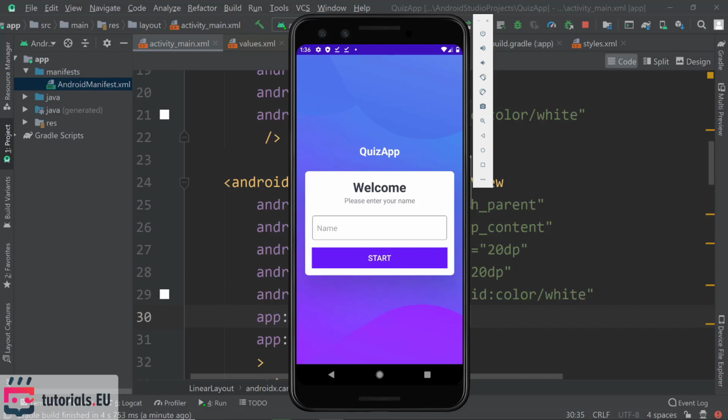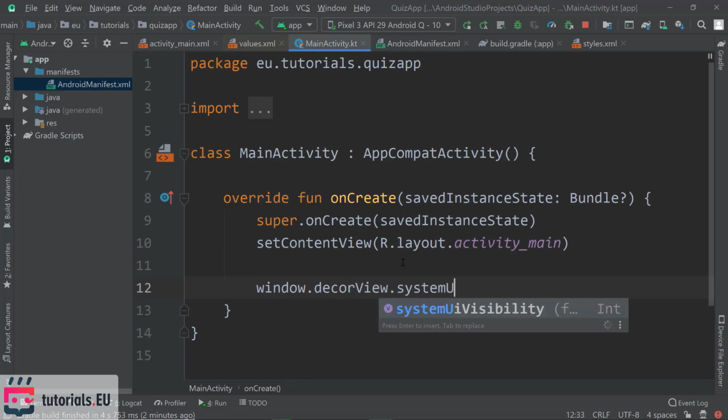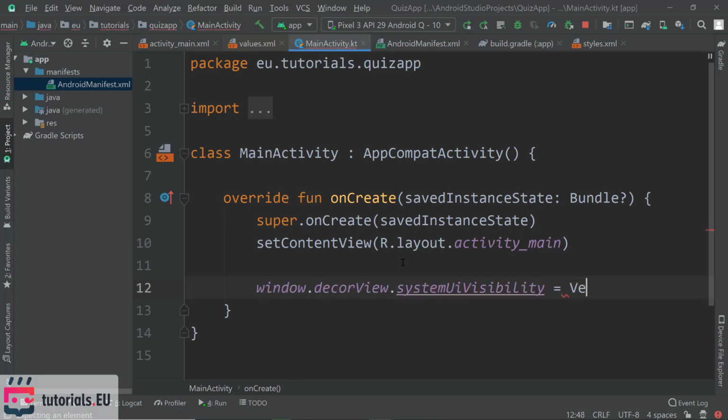There's a last thing that I would like to add though, and that is to get rid of our bar there at the top, this status bar. So if you want to get rid of the status bar in your application, because it has its advantages, of course, but in some cases it really just doesn't make the app look as good as it could look, then you can go to the activity settings here in onCreate and set up your window.decorView.systemUiVisibility and set that to